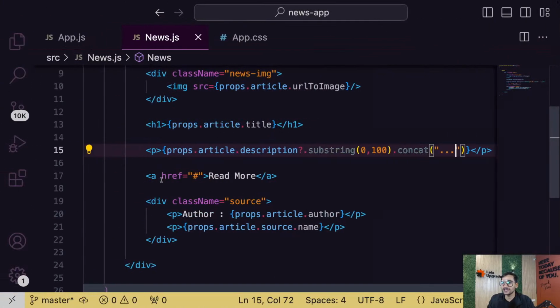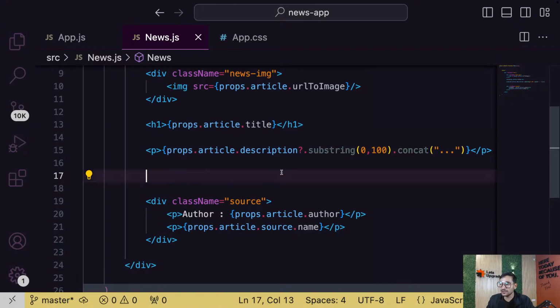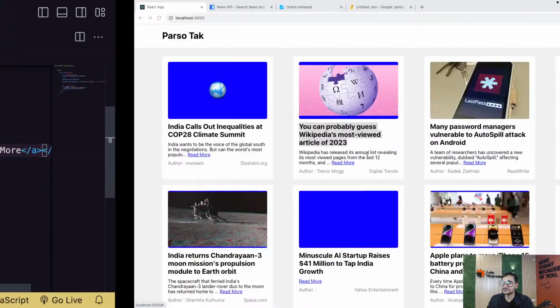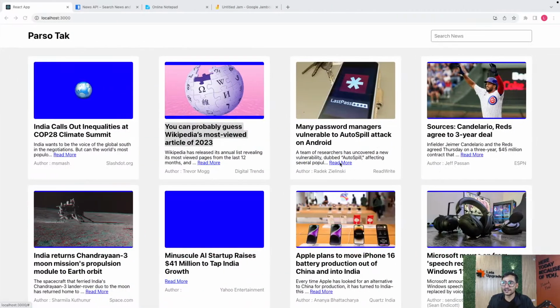And also guys, if you want, you can put this A tag after it. It will make it look much better. See that, everyone? So what I'm doing is: description, cut it to 100 characters, then concat dots, and then after that just have the link. So now people will see it like this. See that, guys? Directly a read more option there. Is that clear, everyone? Okay, all set, guys? You got the read more now?